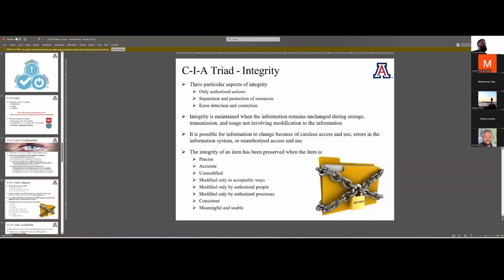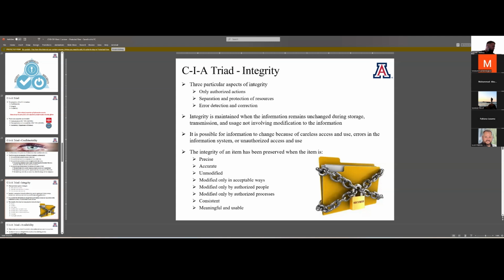Now, the CIA triad for integrity, right? Ultimately, integrity is making sure that information is consistent, that it stays in the same manner in which it was intended to be. Maybe the example here is if I send a message to the class and say, hey, welcome to week 1 of CYBV 301. That's the message I'm trying to convey to you, and it should say that when it gets to you. But integrity is broken when I send that message, but you get, hey, everyone, please take the week off. Don't worry about coming to class, right?